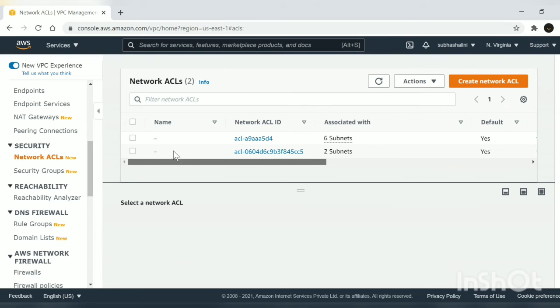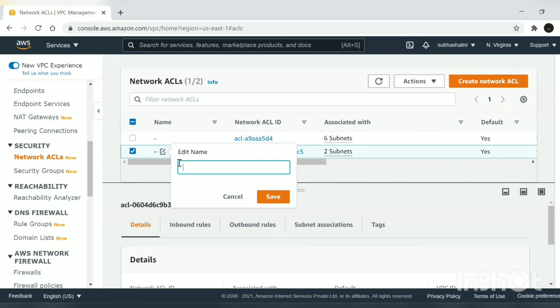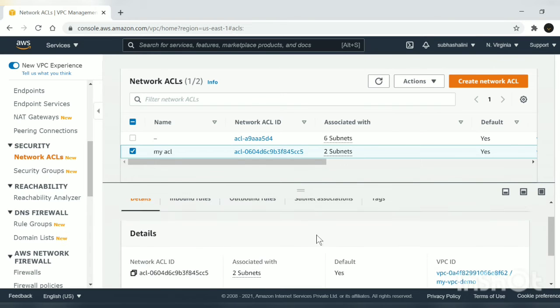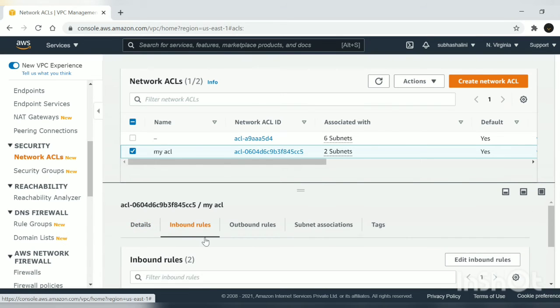So I'm just editing the name as ACL and change. I'm going to change the inbound rules.